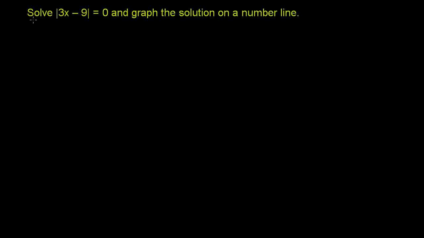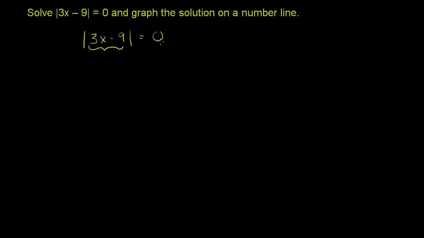We're told to solve the absolute value of 3x minus 9 is equal to 0 and graph the solution on a number line. So let's just rewrite the absolute value equation. They've told us that the absolute value of 3x minus 9 is equal to 0. So we're told that the absolute value of something, in this case the something is 3x minus 9, is equal